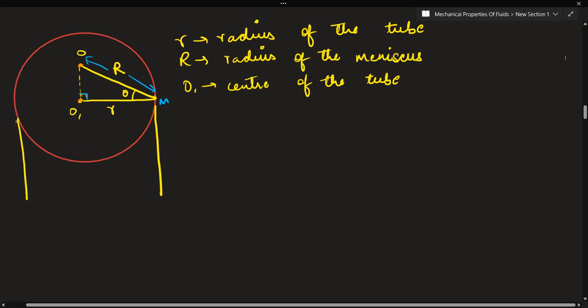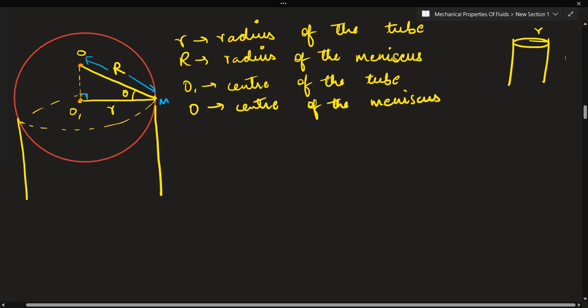Now see, this tube will also have its own circle. Let's say small r is the radius of the tube. Now see, it will form a right angle triangle. Let O1 be the center of the tube and O the center of the meniscus. Now if we take this right angle triangle, and let's say this point is M, in triangle O1OM,